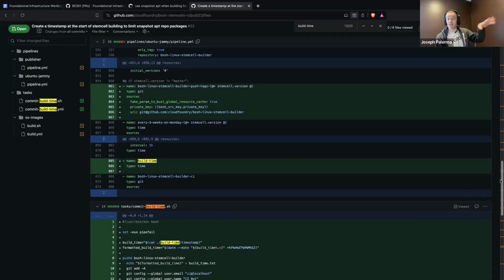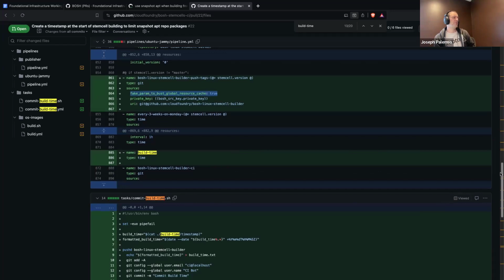So that part's a little bit weird. You've got to have that additional resource in here with that fake param to sort of bust the Concourse global resource cache. And then somewhere in here, we also,